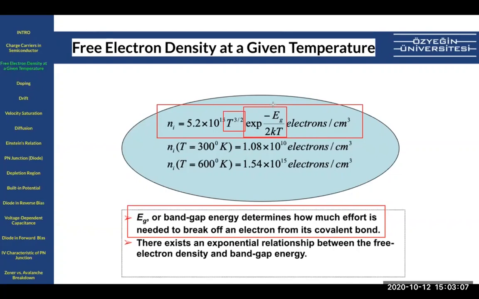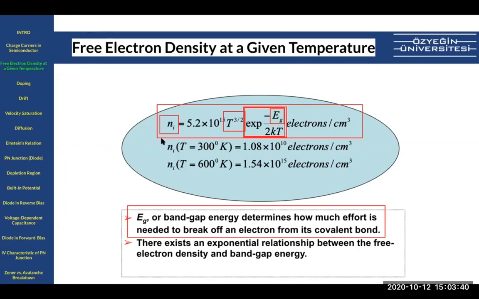It's basically helium, for instance. So it has a very high band gap energy because it doesn't want to interact with any other atoms, right? So when this Eg is very high, that makes this term very small, and that means this term gets very small. So the higher the band gap energy is, the smaller the number of